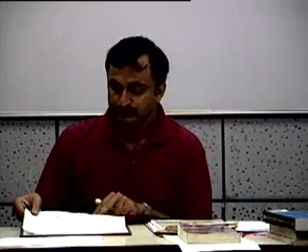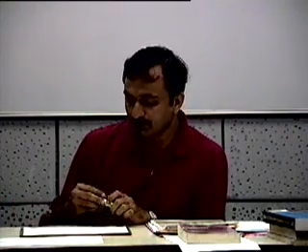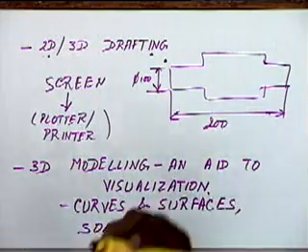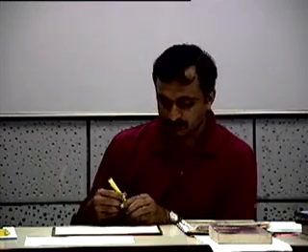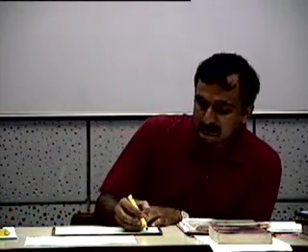Now, once we have represented a 3D model, the next question that comes up is what do we do with the 3D model? One use we have already said: visualization. We want to visualize the object on the screen. It will help give us a feel of the situation, and we will be able to see whether different parts are interfering, whether a particular part in motion is interfering with something else or not, and such things. So one use is visualization, but another very important use of these CAD models is in analysis.